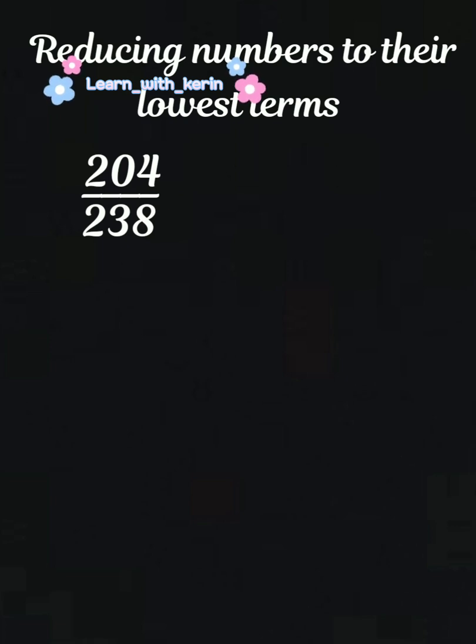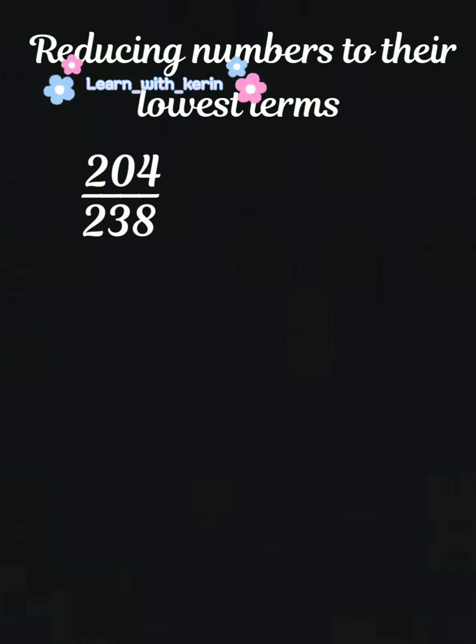Now, how will you know whether both the numbers will go in one table? Children, we need to observe the last digits of the given number. Here, the last digit of 204 is 4 and the last digit of 238 is 8. 4 and 8 both are even numbers. If we see both the numbers are even, then they will be divisible by 2, 4, 6 and 8. Children, we will divide the given number by 2.